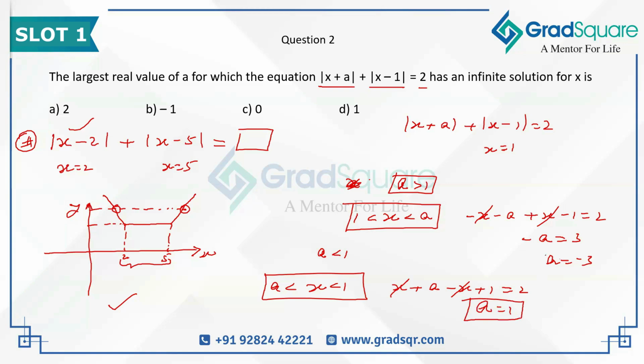So there are two values of a for which this equation will have infinite solutions. They're asking you the largest real value of a. The largest real value of a happens to be